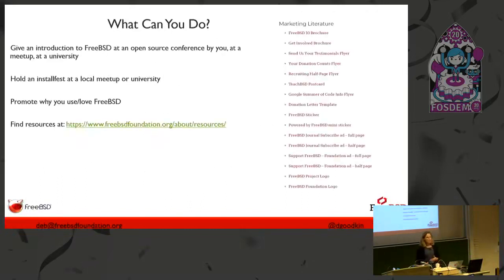So this slide really is for people who are part of the community already, or people who want to get involved and who want to help us advocate for FreeBSD. Because I wasn't sure who all was going to be in my talk, with this slide I was hoping to convince people to go out there, to come to conferences like this. Actually, this is one of our best represented conferences, I think, because we had Rodrigo, he organizes this room, and a lot of people from the community come.